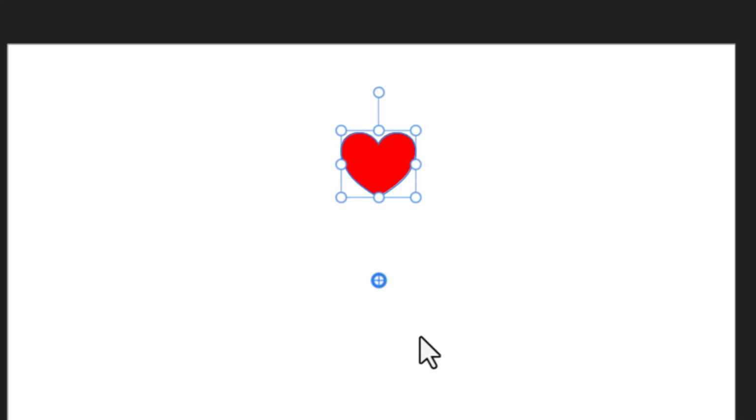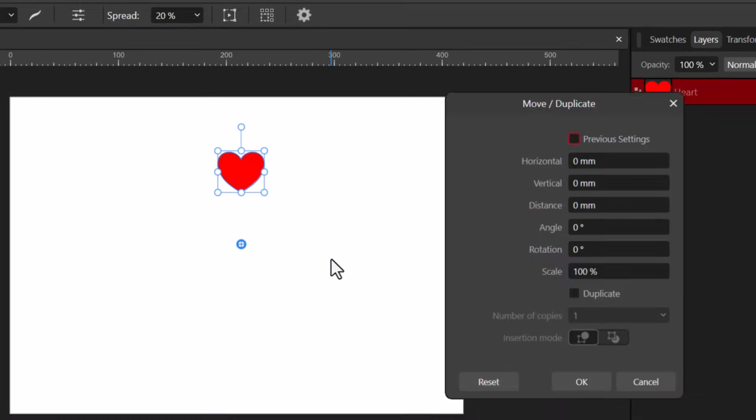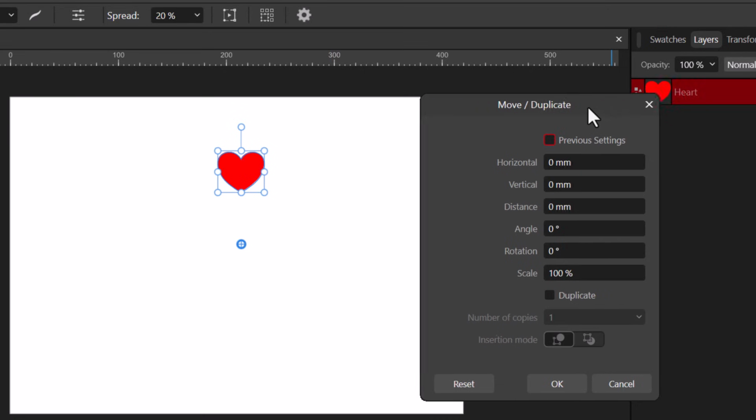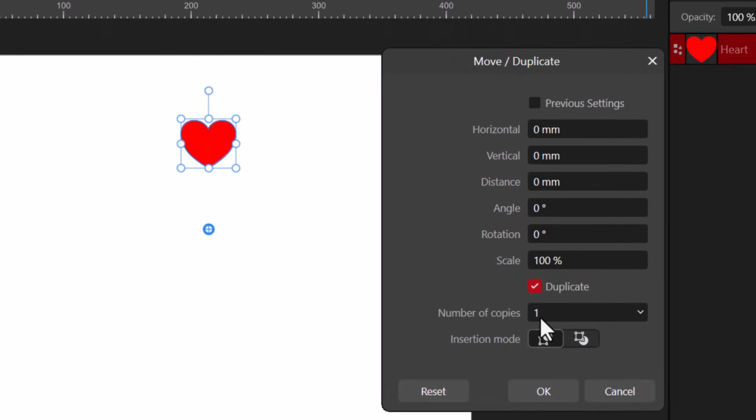And now what is going to happen is that we are going to duplicate it, but now we are going to use the angle of 360, which means that the shapes that we are going to duplicate is going to go around this point, this little point. Okay, so let's go ahead and hit enter. Now we have this window again. Now let's click on the duplicate option and let's type, let me say